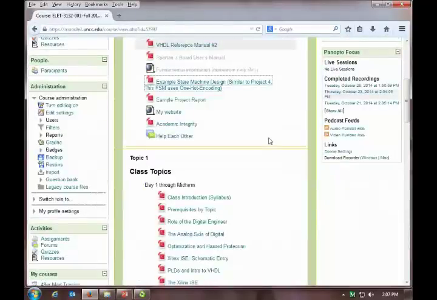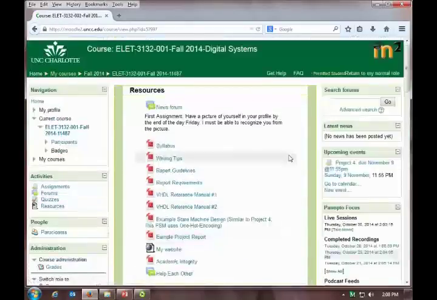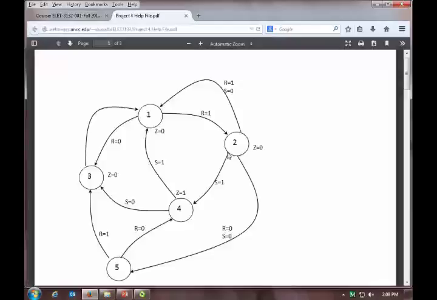Yeah, you should be able to see it if I switch my role to a permitted student. This is what you guys see, and I see it, and I can get to it. Okay,